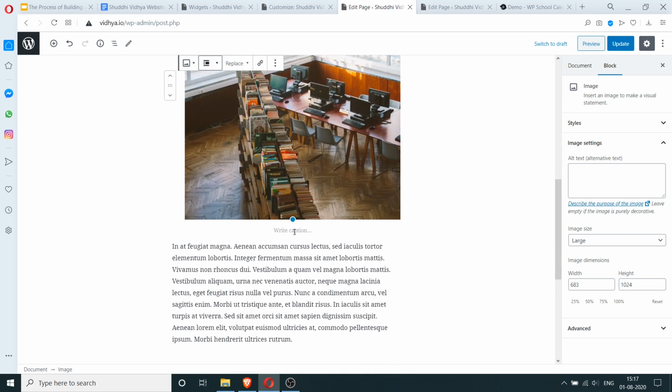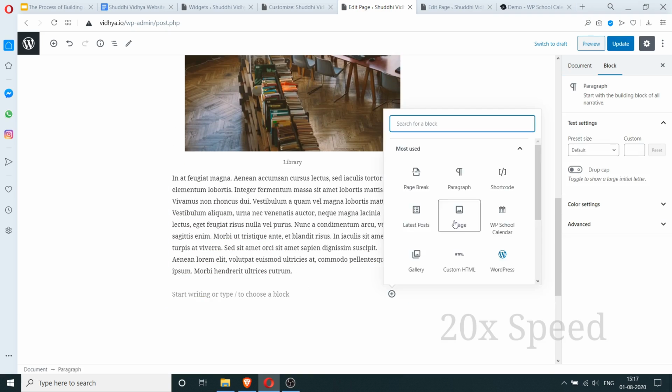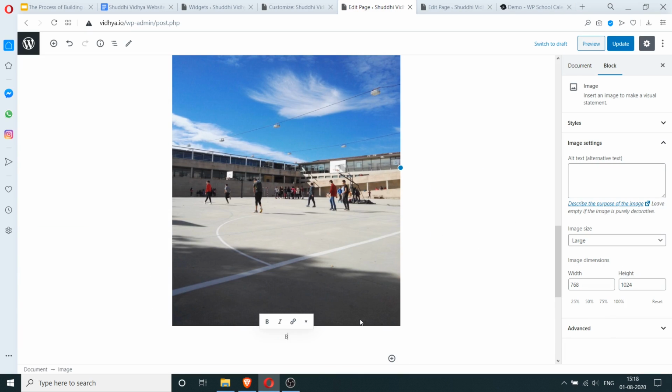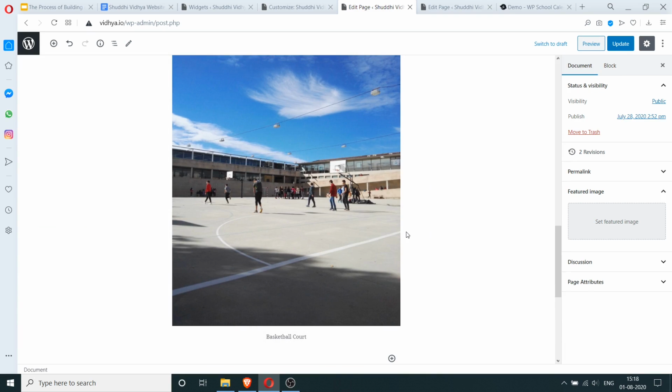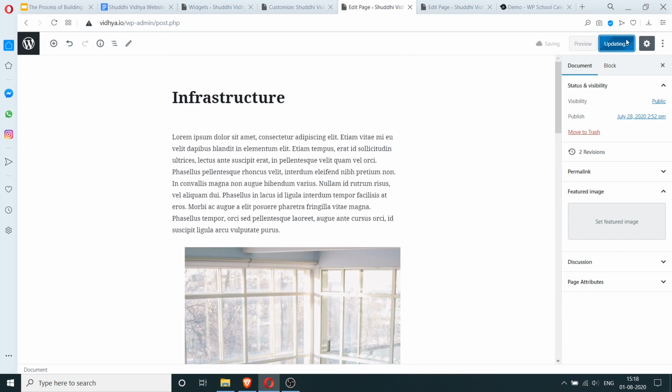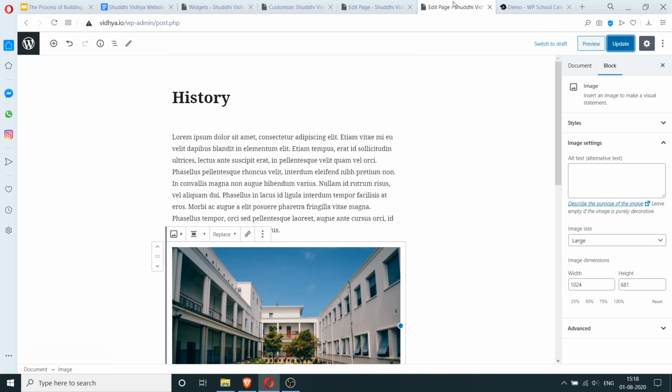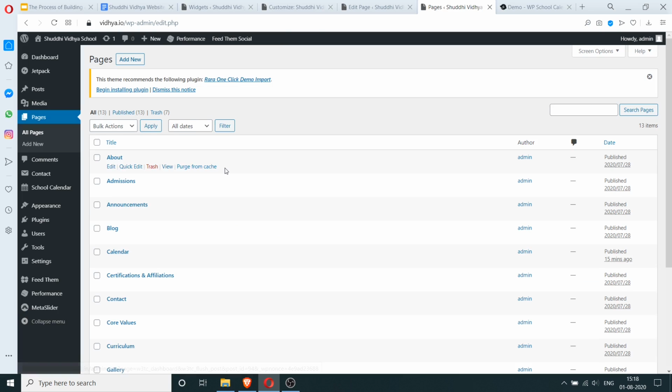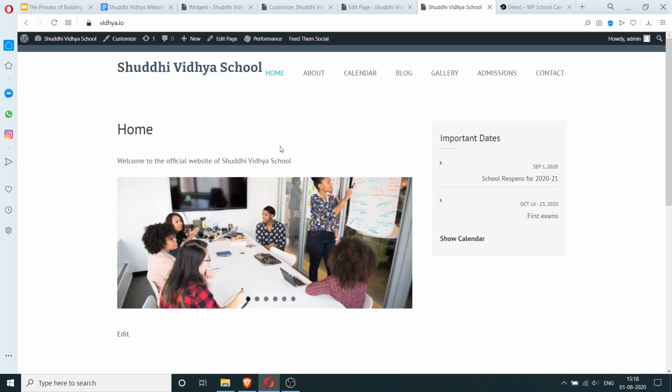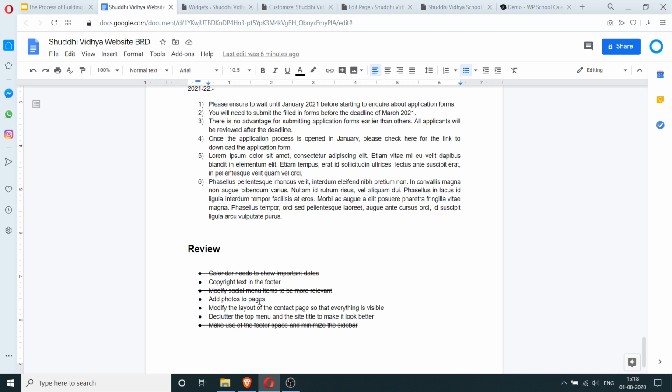And you can also add a caption. So we can add images like this, and I'm not going to add images to all of the pages. I just want to show you that this is how you do it. So we're done with adding the images.